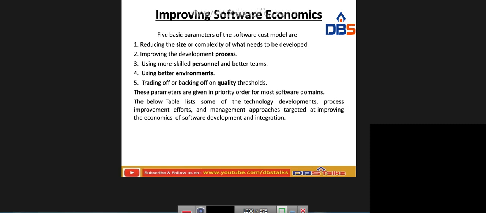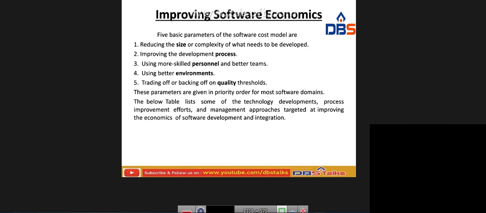So whenever we have to develop an application or a project, first of all we look for who are the efficient people for the particular application. If we have to implement Java, who are the best persons in Java or .NET and so on. In that way we have to use different types of languages, and in those different languages, we assign the right persons. So we say using more skilled persons and better teams improves the software economics and reduces the size.